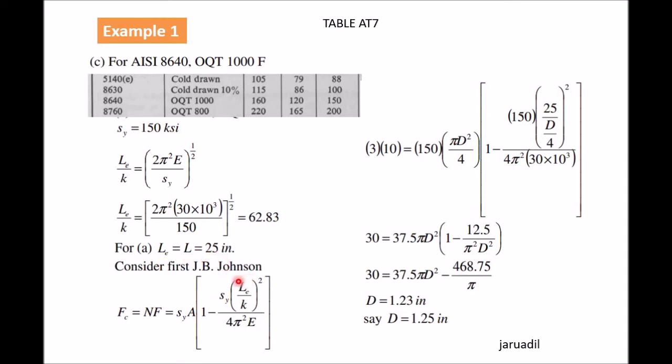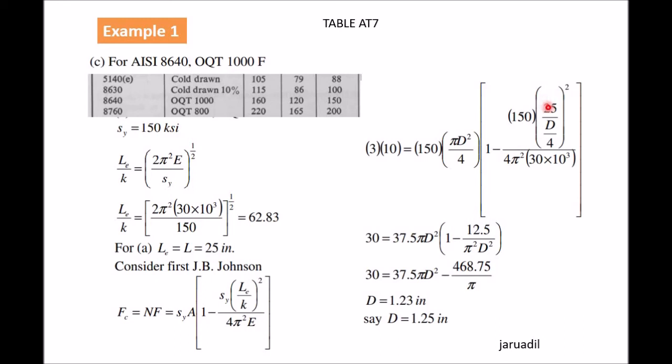So, by substitution again, the formula is shown in your video. Okay, I will not read again the formula. So, by substitution, N is equal to 3. F, the load is 10 kips. SY is equal to 150 KSI. Then, this is the area, pi d squared over 4, area for circle. And again, this is also SY, 150 KSI. This is